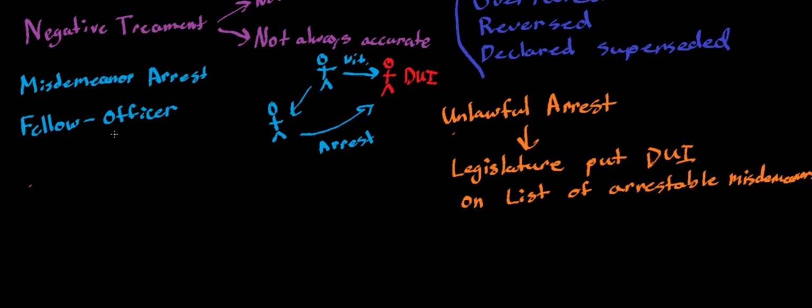But because this case was about the fellow officer rule, and this statute, let me do different colors here. So because this case about unlawful arrests dealt with the fellow officer rule,